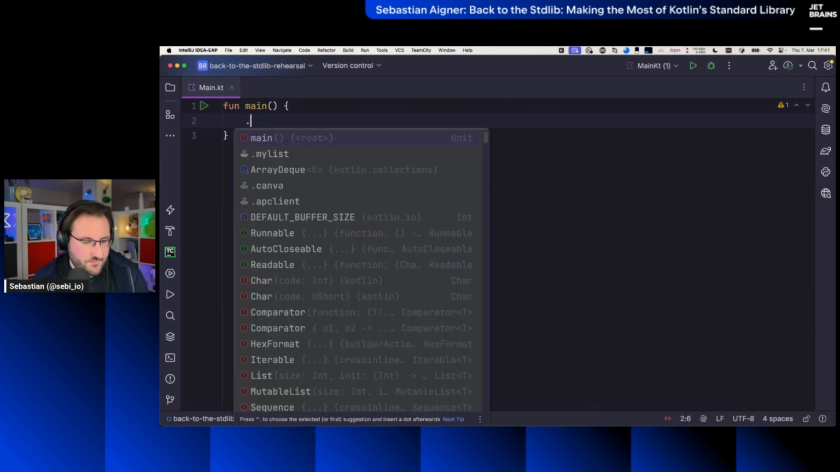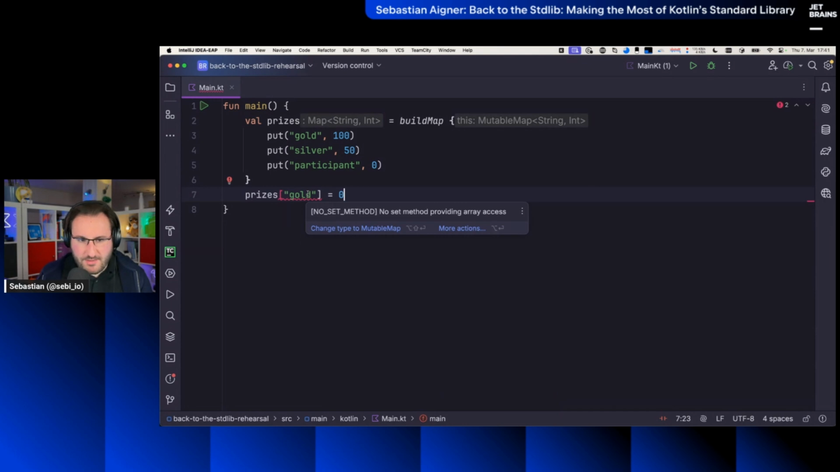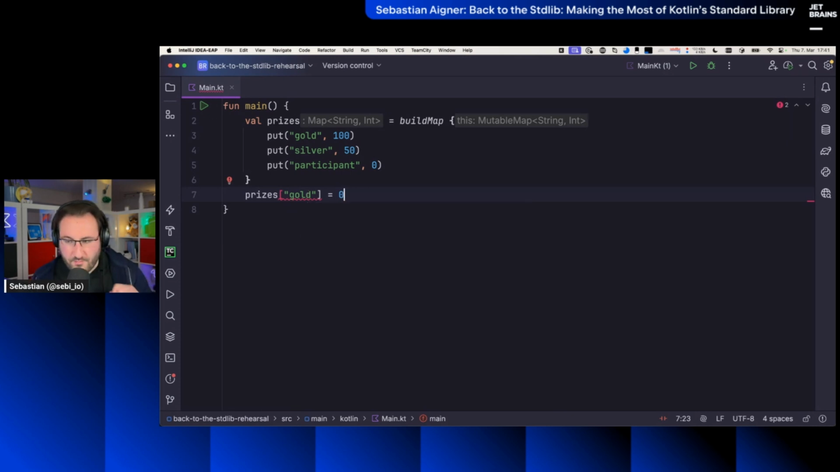A nice example for this could be, here in my build map function, I'm building a prize list of gold, silver, and participant. And now if someone malicious wanted to set the price for the gold medalist to 0, they couldn't, because after the map has been constructed, it's a read-only version, so there's no set method available. We also have the same thing for sets. I don't think that's particularly interesting, so I'll skip over that and we'll go right to our last section,